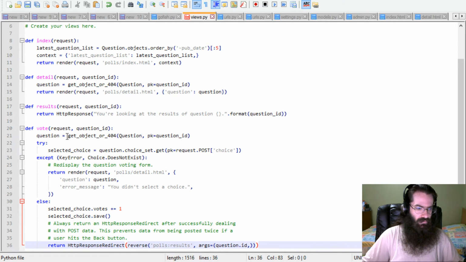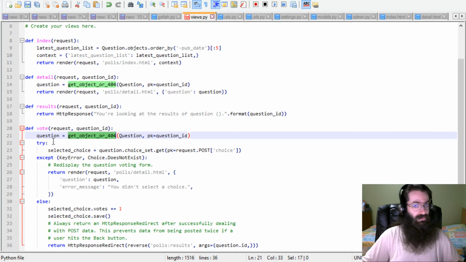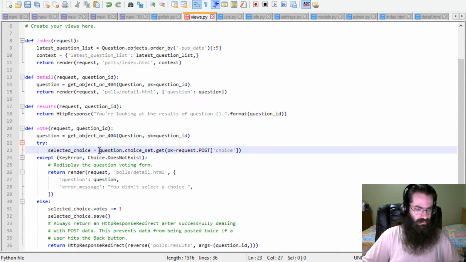We're going to have a question, and that is we're going to get object or 404. This is similar to looking at the detail for a question. So we're going to first get that, and if it doesn't exist, we just produce an error that the browser can understand. And then, assuming we get this, we're going to try to get the